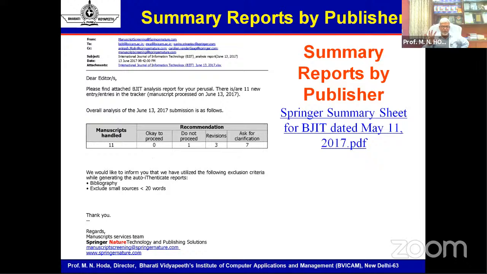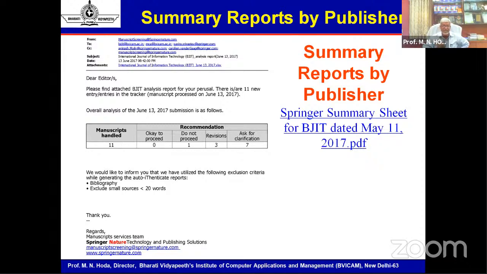And after processing those 11 papers, they have categorized the papers in 4 groups. And see the recommendation: the staff, not clerical level, in fact they are intelligent technical people, maybe BTech people or some science graduates, are suggesting that out of 11 papers, we have not found any paper in the OK to proceed category, sir.